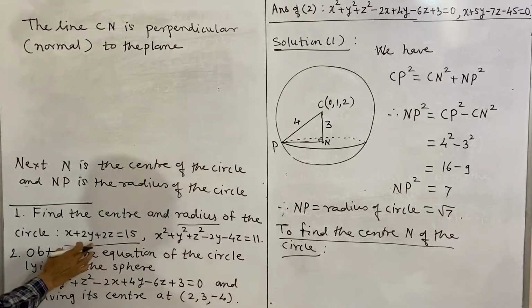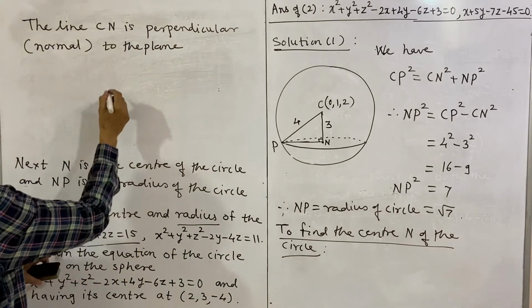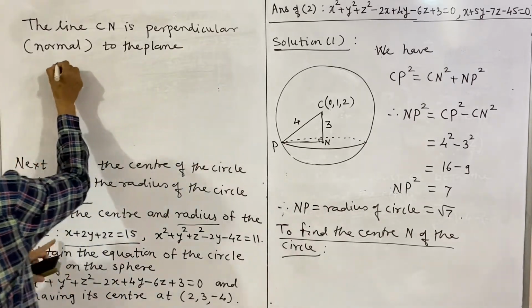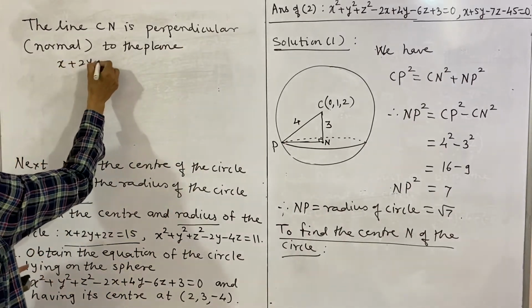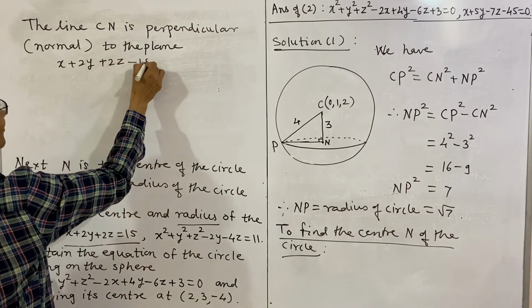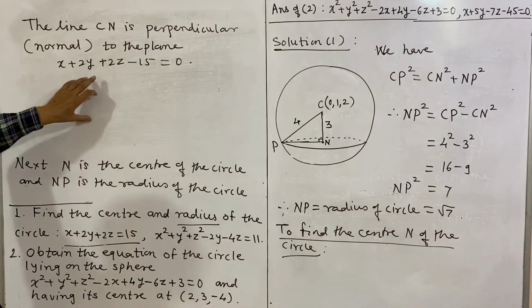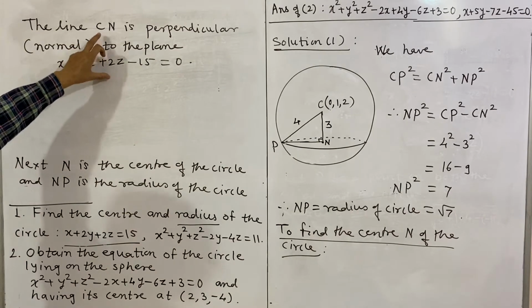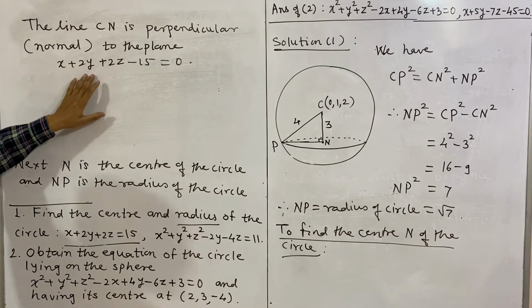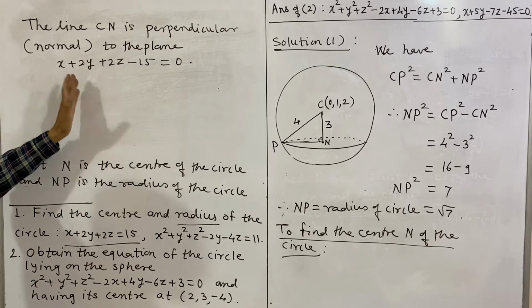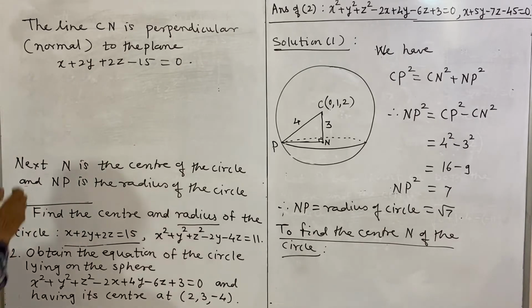The plane is x plus 2y plus 2z minus 15 is equal to 0, and therefore this gives directly the DRS of the Cn line. We know if the equation of plane is in general form, then the coefficients of x, y, z represent the DRS of the normal, and therefore the DRS